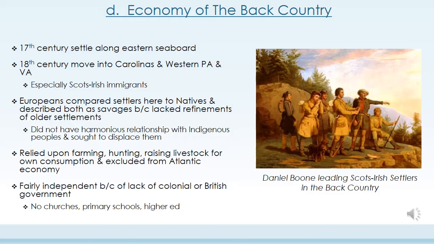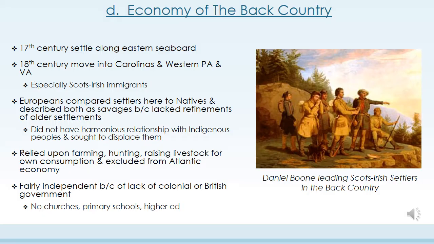And in fact, if you remember from our lecture on the history of sexuality and marriage, because of the common law marriage tradition of jumping the broom that existed in the backcountry in the Carolinas, many of the visitors looked quite disapprovingly at our colonists. But whatever their similarities, relations between the backcountry whites and natives were generally strained, and rather than seeking to trade with the indigenous people and to learn their ways, the Scots-Irish wanted to create farmsteads which required displacing the native people, and the simmering tension between the residents of the backcountry region and the local tribes would erupt in violence